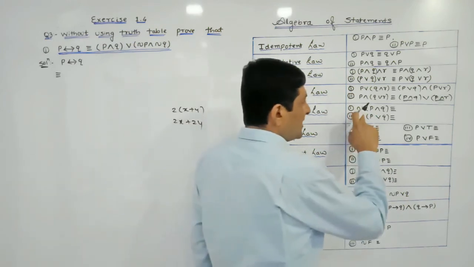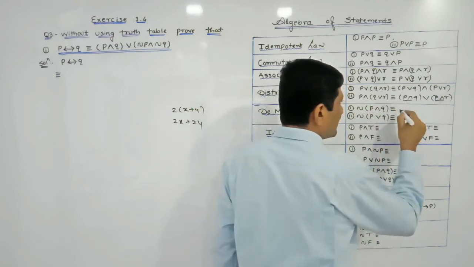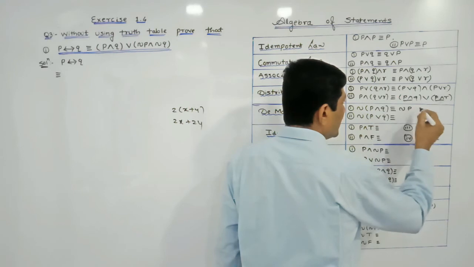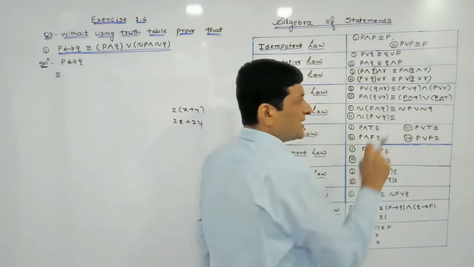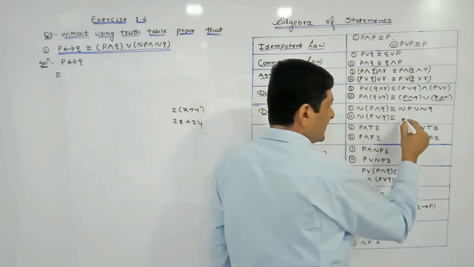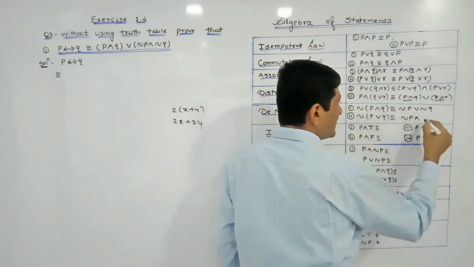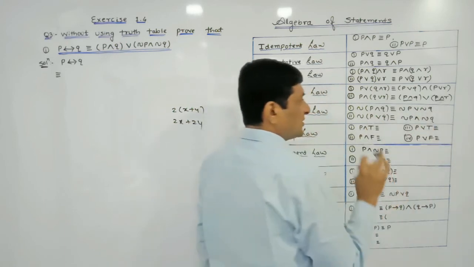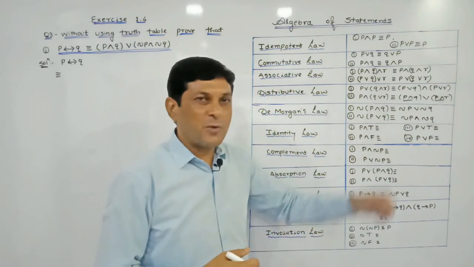So we are applying negation on these brackets. We replace both letters by their negation, and 'and' gets replaced by 'or'. So what result do we get? Negation P or negation Q. We have replaced both letters by their negation and 'and' by 'or'. A similar result applies in the second case: negation P 'or' gets replaced by 'and', and then we replace the second letter also by its negation. In this way we have got De Morgan's law.